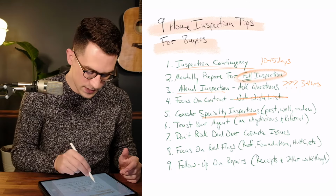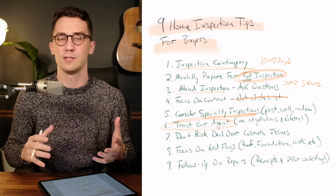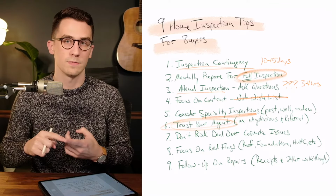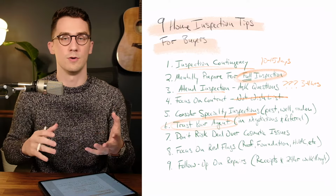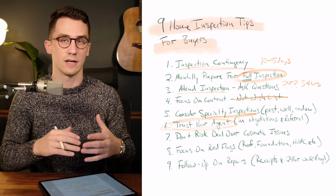Okay, this is a big one. Trust your agent. Okay, you're not doing this alone. You have a real estate agent for a reason. Ask them for referrals for inspectors. Okay, you obviously can go search for an inspector on your own or maybe somebody that you know, but your agent has closed